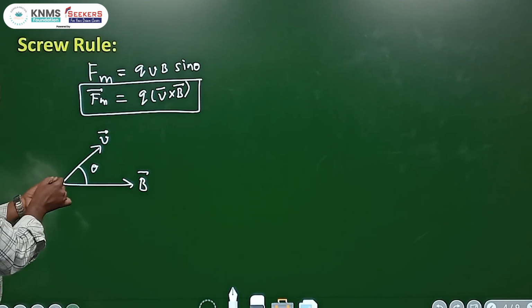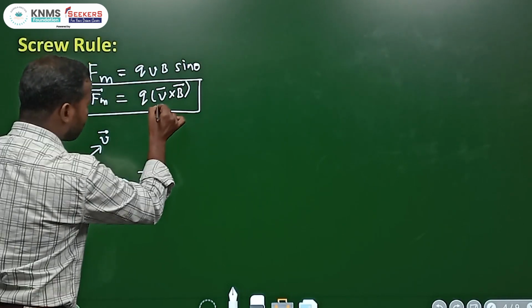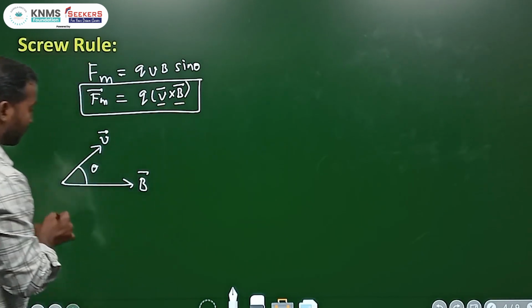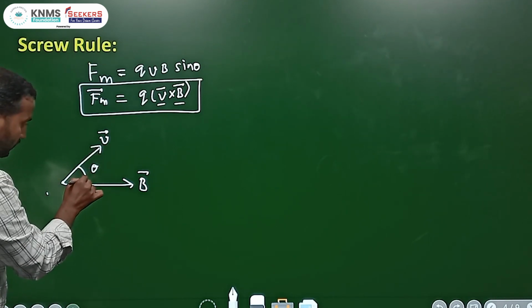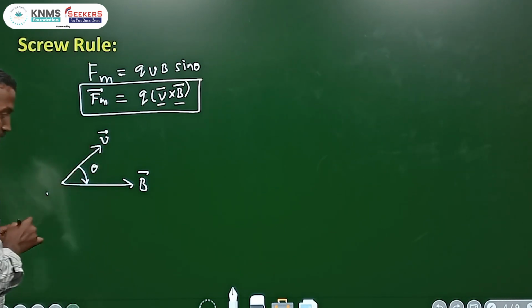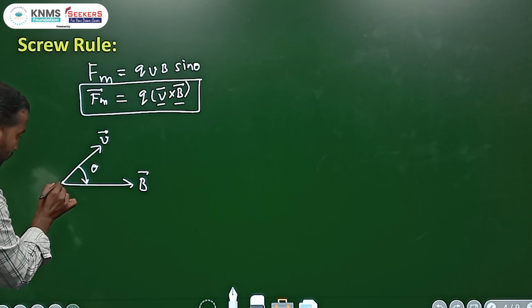Now you have to rotate your screw from the first vector towards the second vector. I am rotating this in the direction of the second vector from the first vector like this. Now it is obvious that the screw will be going into the plane. So the magnetic force at this location will be